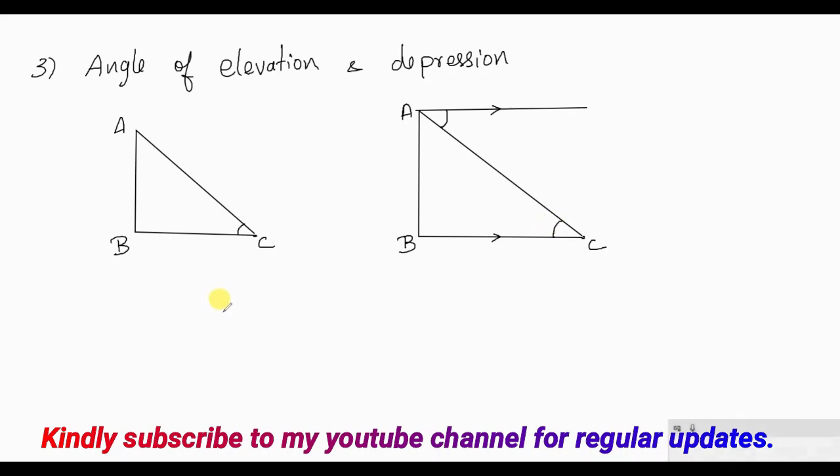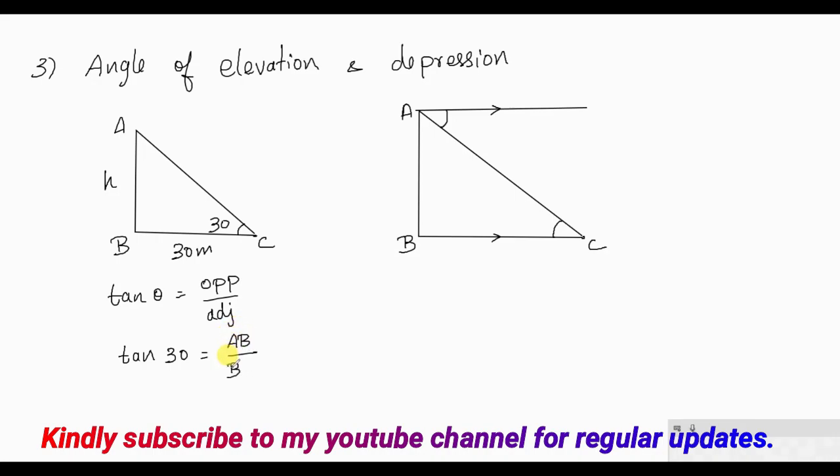Let me give one example. In angle of elevation, suppose your angle is 30 degree and the distance from the building to the man is 30 meter, and they ask you to find the height of the building. Let us take that as h. So we will go for opposite to the angle, as we have to find the height of the building, and we have the adjacent side of this right angle triangle. So we will go for tan theta. We know tan theta is equal to opposite side by adjacent side. We have the angle 30 degree. So tan 30 will be equal to, opposite side is AB, whereas adjacent side is BC.